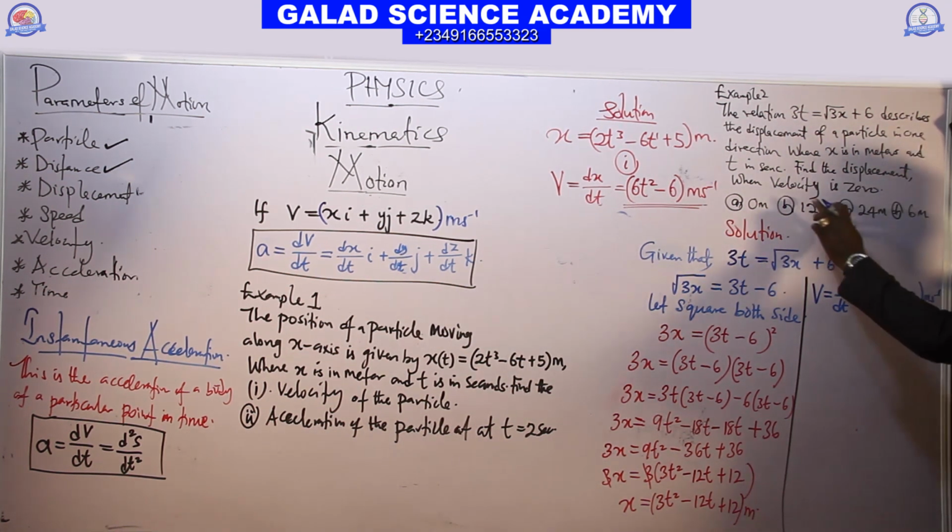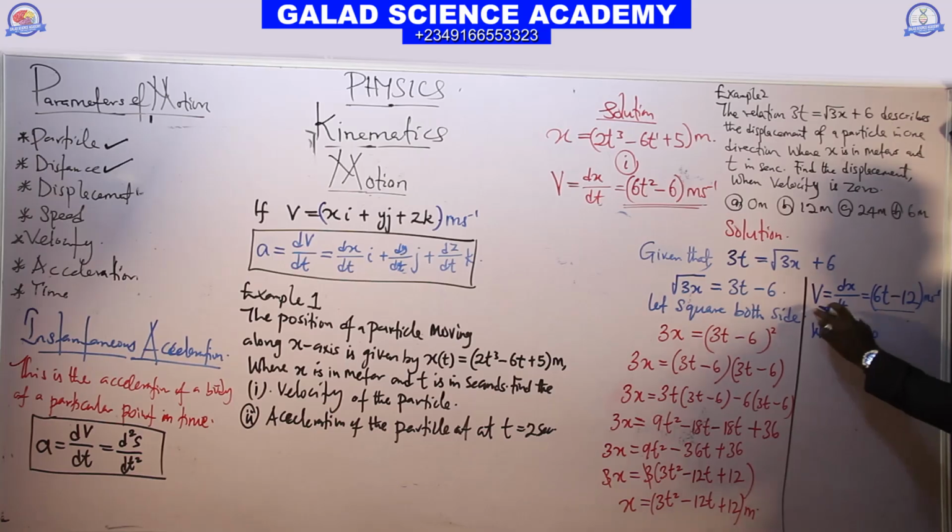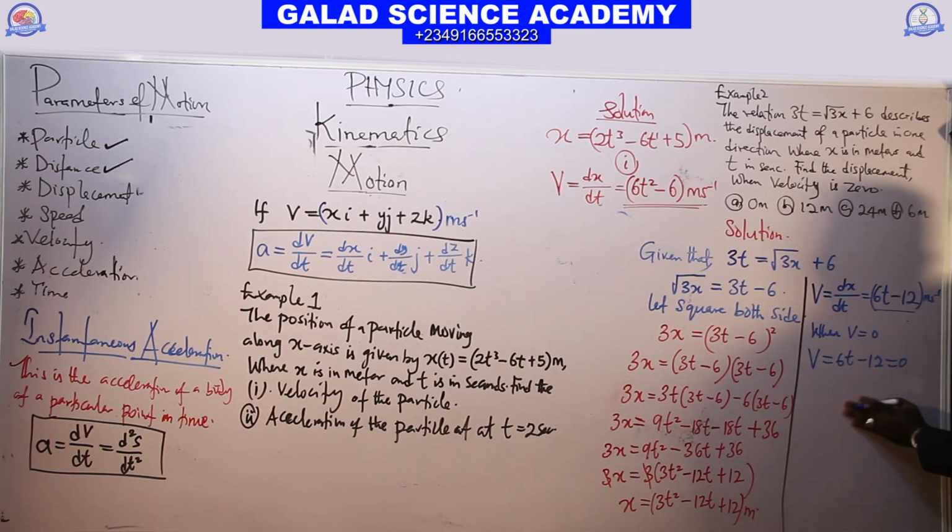But you are now asked to find the displacement when velocity is 0. So when velocity is equal to 0, V is equal to 6t minus 12 equals 0. From this expression, we can have 6t equal to 12, so t equals 2